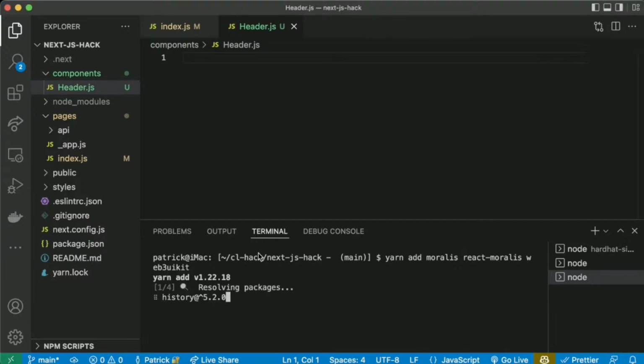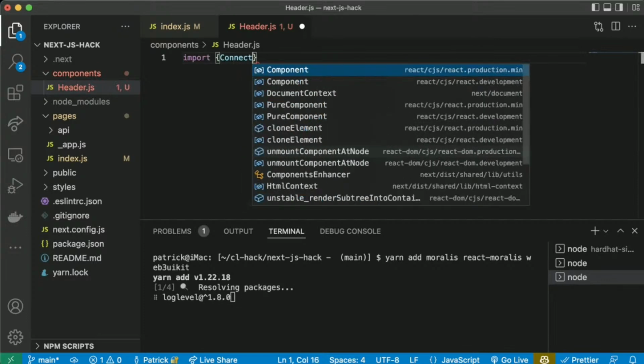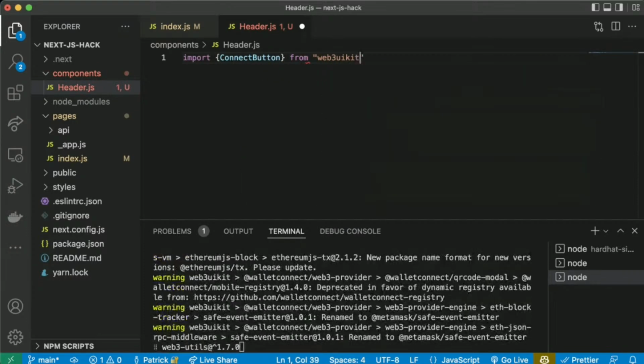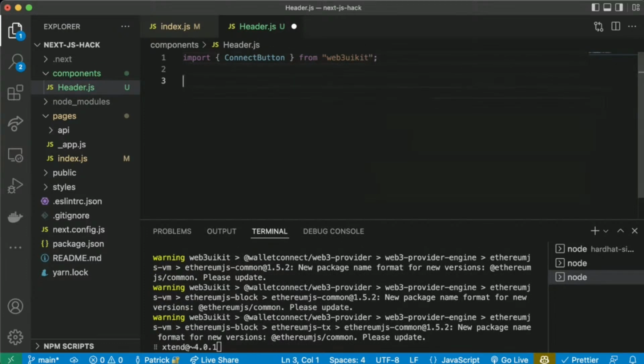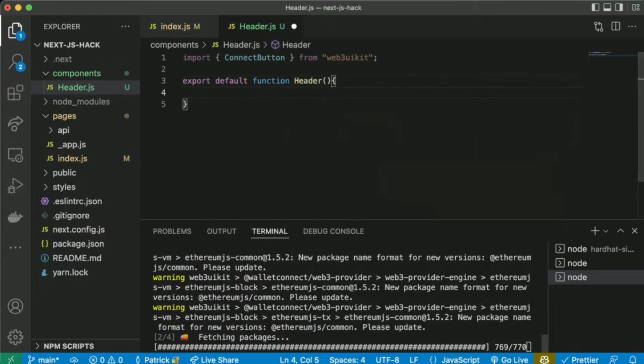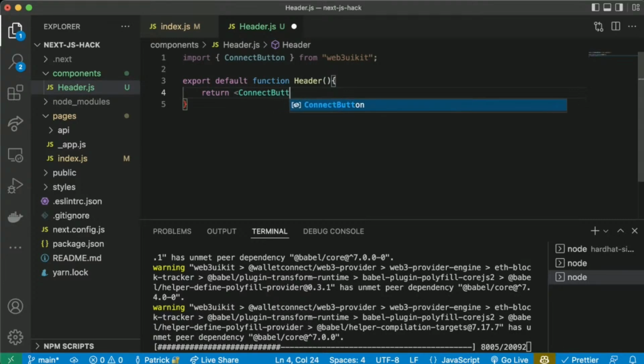And what we're going to do is import the ConnectButton from web3uikit. And we're going to do export default function Header. And in this header, I'm just going to say return ConnectButton, moralisAuth equals false.